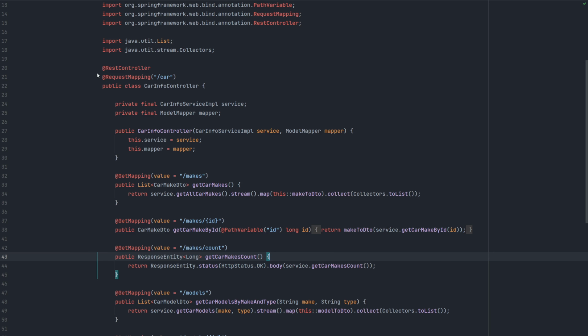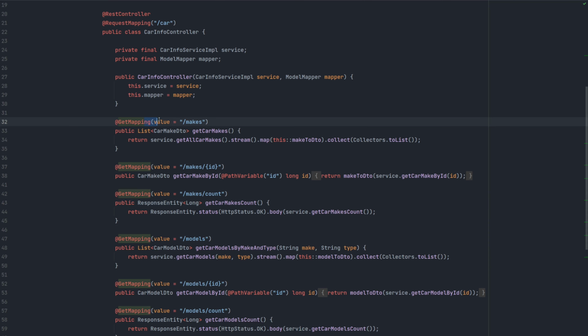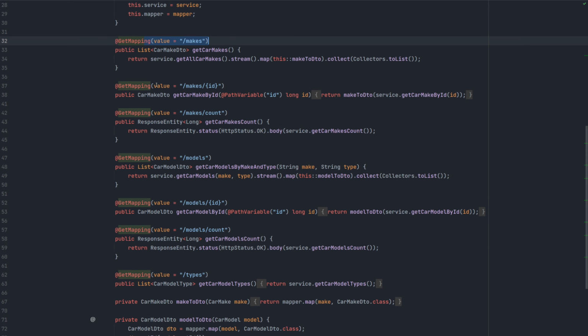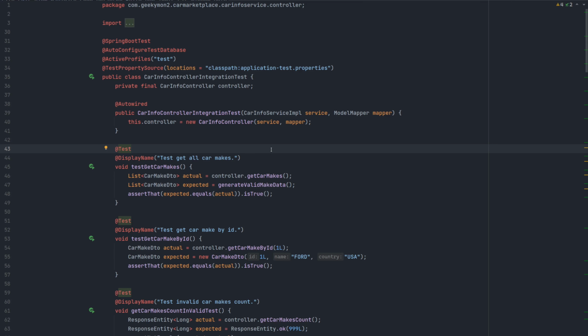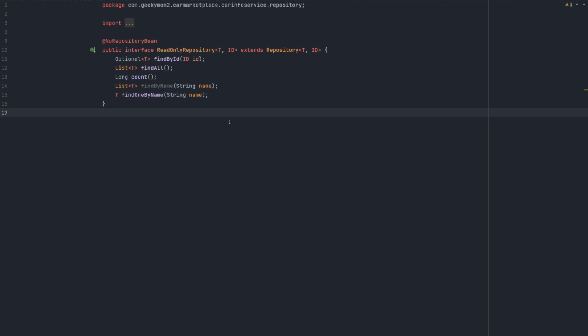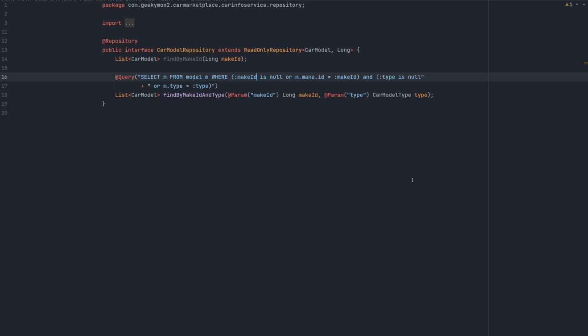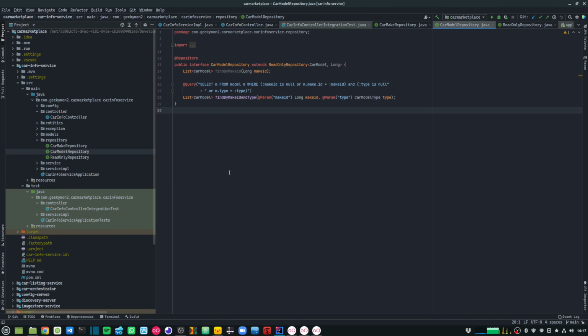The purpose of this Spring Boot API is to provide a list of all the car makes and models. So I have all the methods that are available that fulfill that requirement. For my testing, I wanted to run a set of integration tests that connect to an in-memory database in my test environment. Because I also wanted to test out my Spring JPA methods, as well as a method that I have created, which has a custom query associated with it. Now let's understand how the testing has been set up.